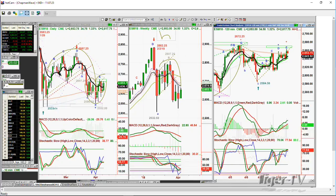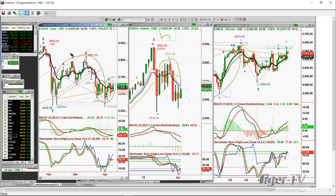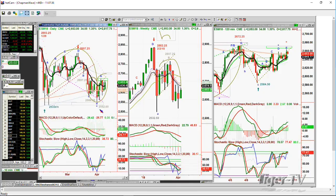Now, this is very interesting. Look, there's that arch pattern. There's the peak Ds we talk about over and over in the Chapman wave. Peak D on the 29th of Jan at 28.83. Peak D again at 28.07. Comes down to a trough D at 25.52. Attempting, with all that noise that came along yesterday, it's attempting to break out of this pattern and get into